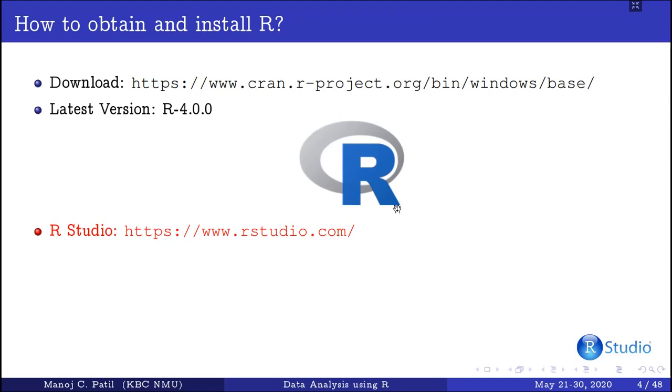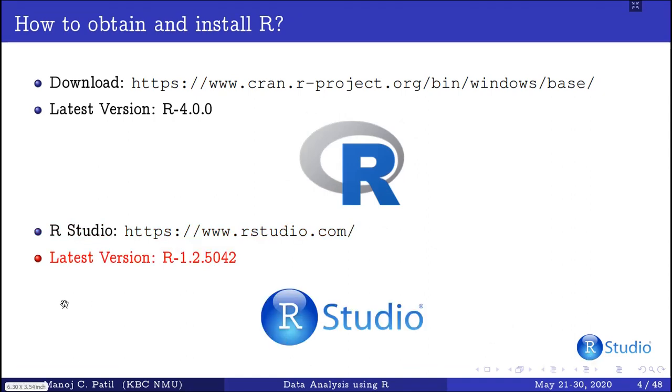What is IDE? IDE is Integrated Development Environment. So instead of using base R, we are going to use RStudio, and the latest version available for RStudio is 1.2.5042. Okay, let's go to this link.